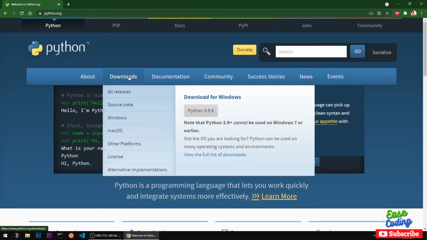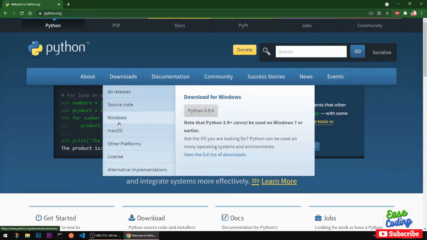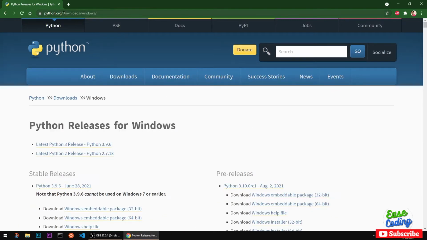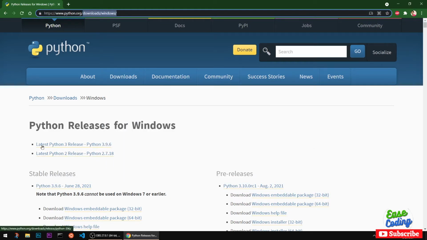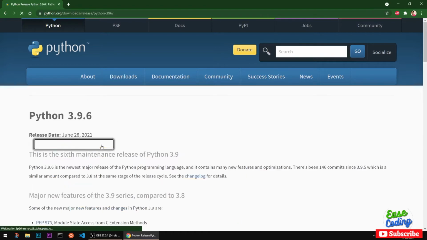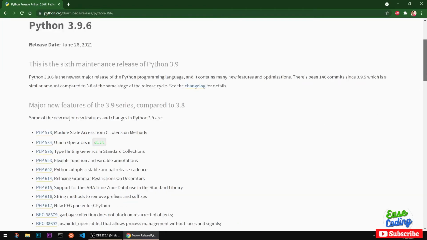Put your cursor on downloads and then click Windows. Now this is going to be the downloads page for Microsoft Windows, and you will see there are two options here. First one, the Python 3 latest release, then the latest Python 2 release. So we are going to download the latest release of Python 3, which is going to be 3.9.6. Click on this first link, scroll down to